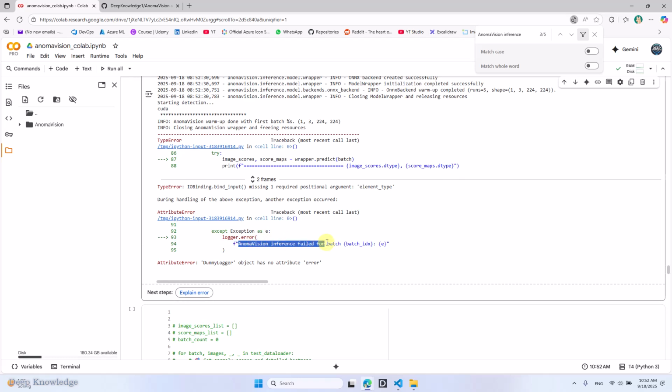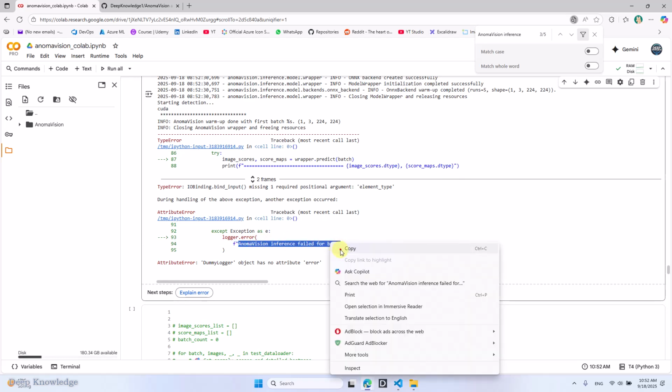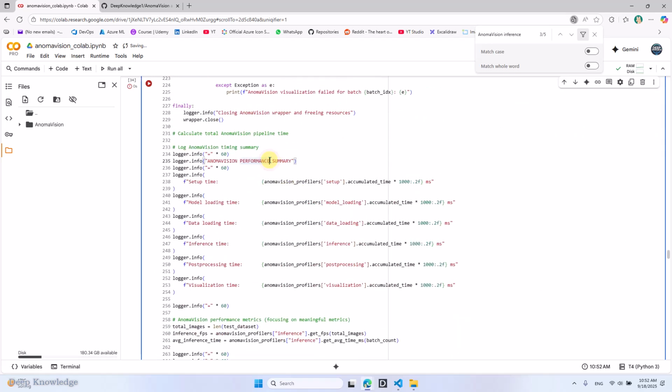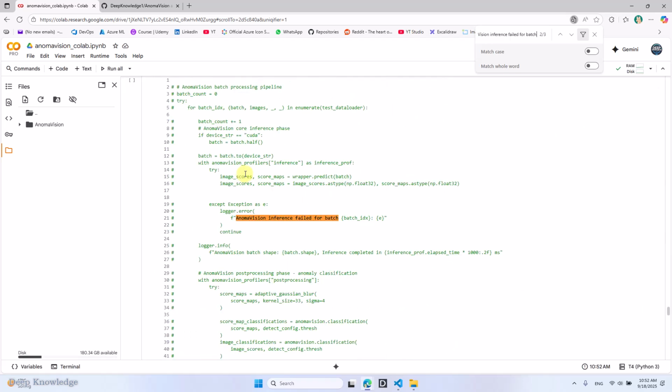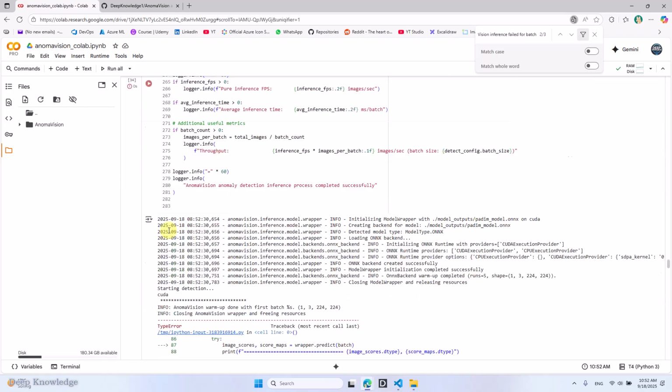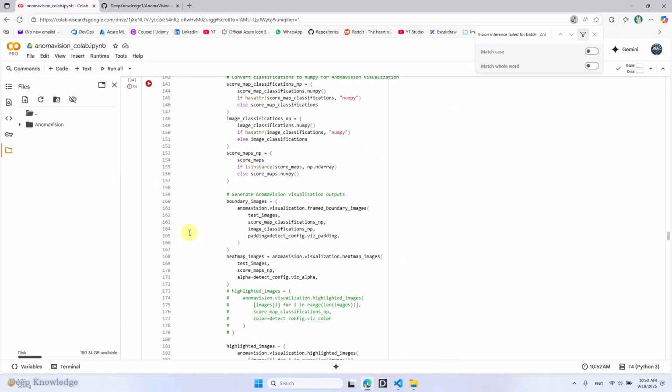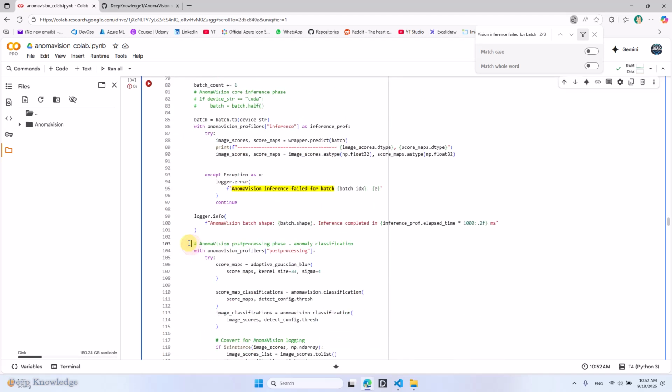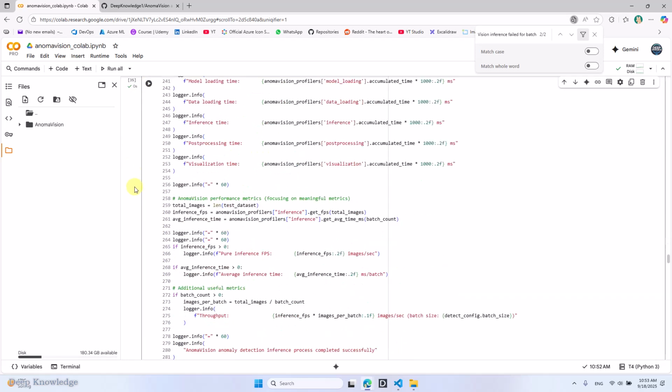Okay, copy. And just to see with this one here, why does it just go down? Okay, now we can just change it to print. This is also fine. So now you can see